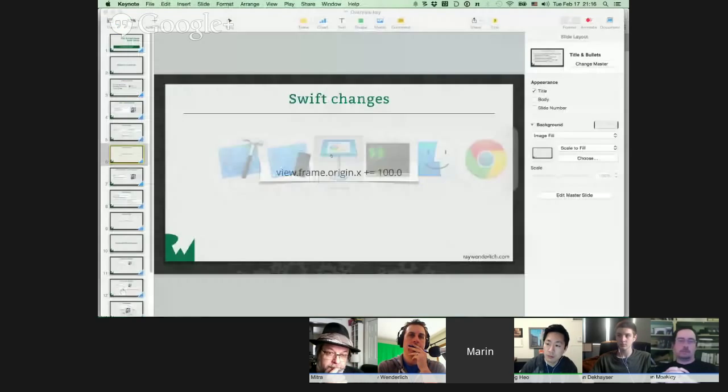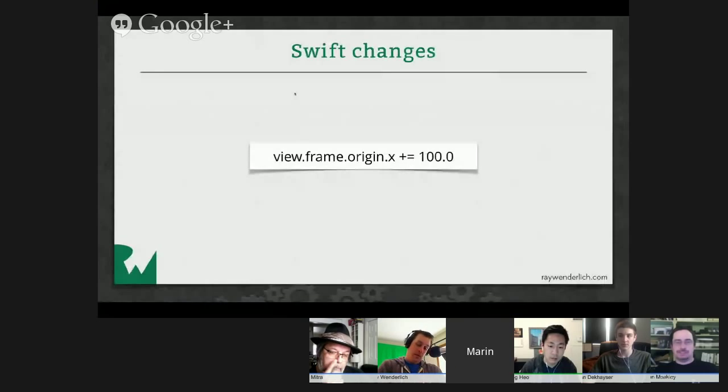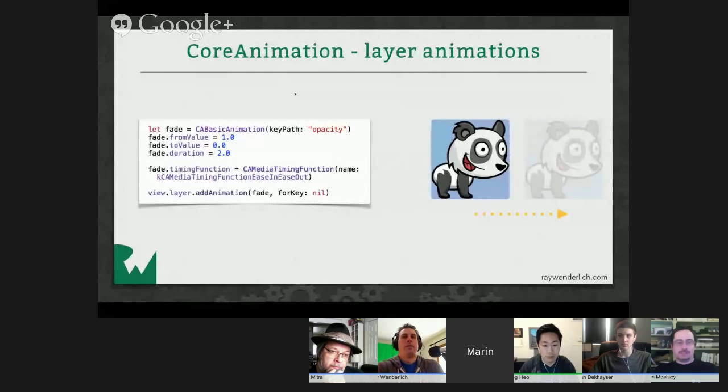So this is pretty handy. I really like how it works in Swift. It's one of my favorite changes. But don't let me get carried away. We have a lot of things to look at. So next,